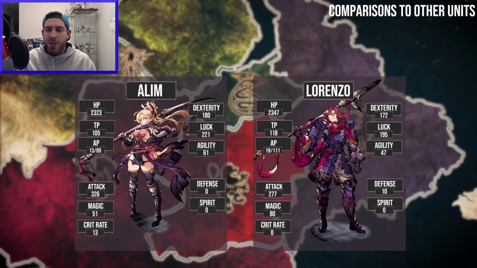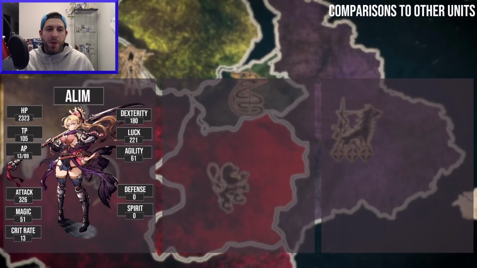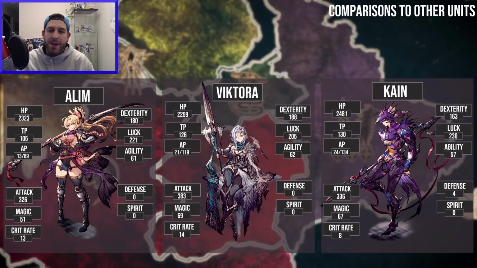But let's compare her to URs, because I just like to do that a lot more. I think that shows you how far off from the top these units are, even though an MR isn't supposed to be as good as a UR. I like to see how close they can get. So when we look at other Dragoons in the game, we're going to use my examples from before, which is Victoria and then Kain. And you can see that their attack is much higher than Alim's is, and they both,